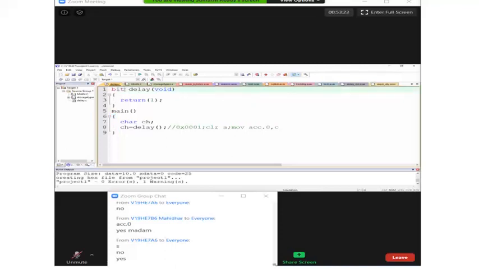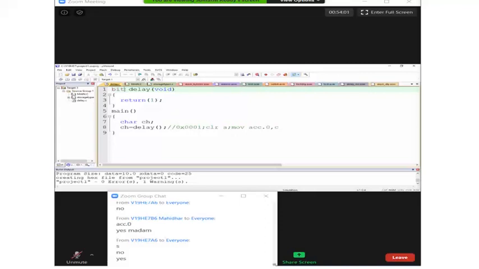And one of the questions asked recently in one of the interviews is: write assembly instructions for converting a single bit into the byte format. Try to understand the question. Single bit into byte means what?